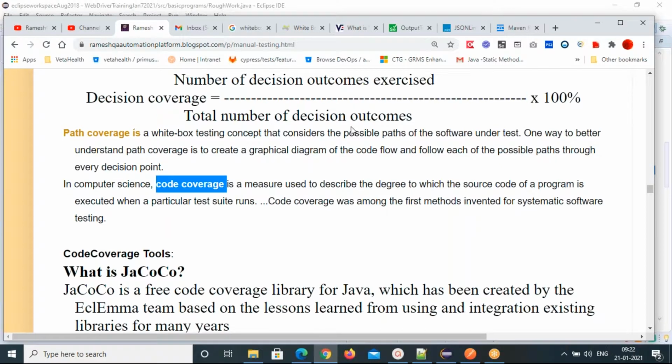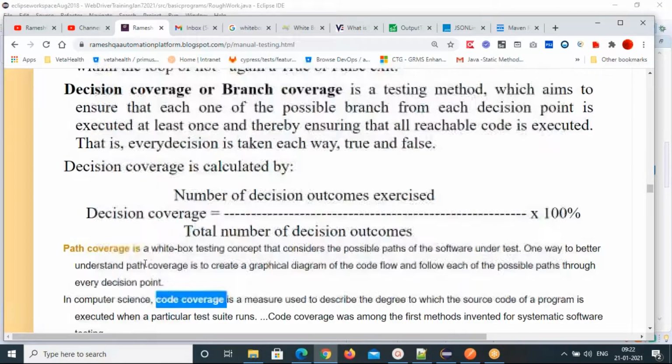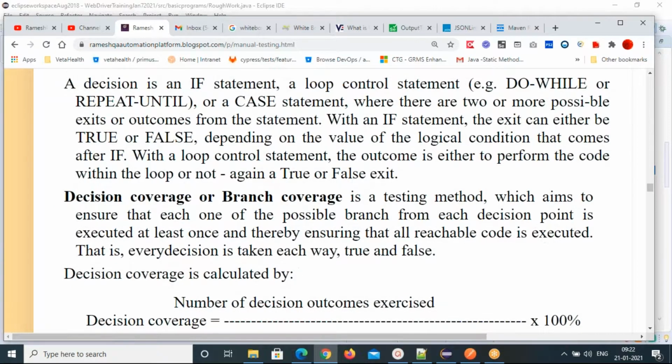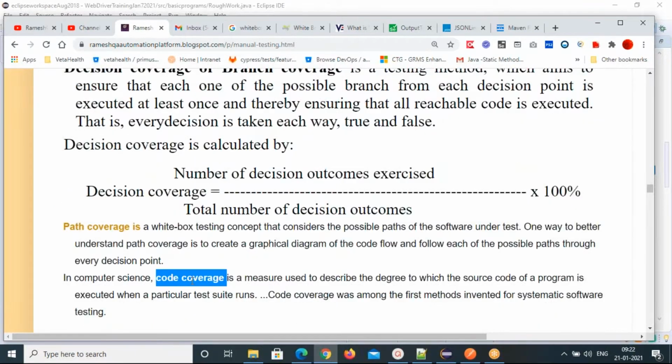To cover all this decision coverage, path coverage, and statement coverage, how can you calculate? By this code coverage concept. Overall it will calculate and give you a percentage of how much you covered. The application developers will write a lot of code, but you cannot exercise all the code if you are not writing your test cases properly.